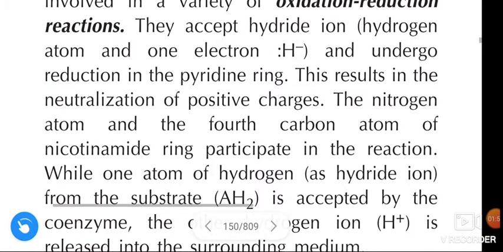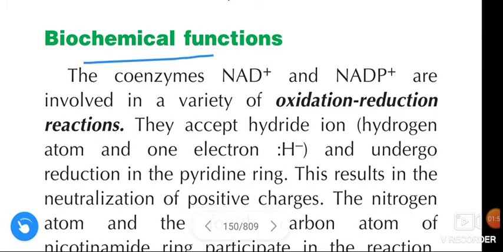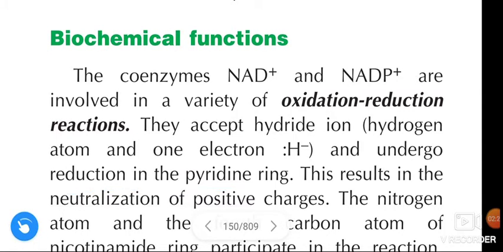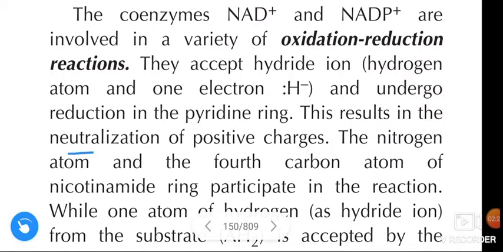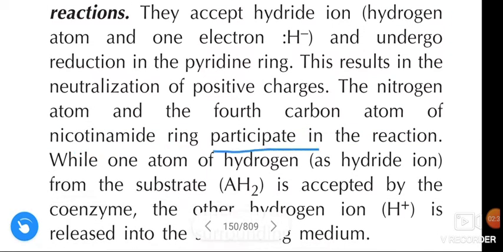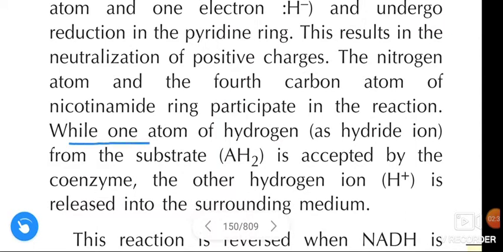See once again. Biochemical functions of vitamin B3, niacin: the coenzymes like NAD plus and NADP plus are involved in a variety of oxidation reduction reactions. They accept a hydride ion, a hydrogen atom and one electron, that is H minus, and undergo reduction in the pyridine ring. This results in the neutralization of positive charges. The nitrogen atom and the fourth carbon atom of the nicotinamide ring participate in the reaction, while one atom of the